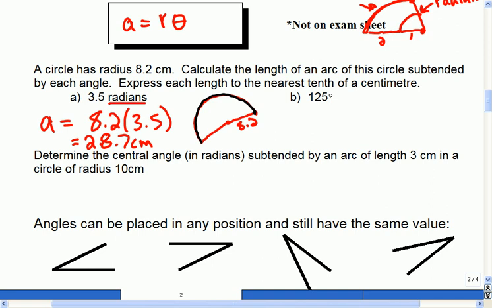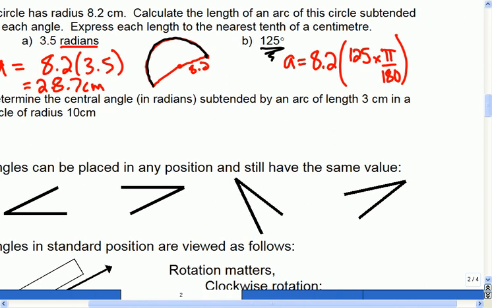So the only thing that can be tricky if you're trying to calculate arc lengths is if you go too fast and you have 125, you might just throw it into the formula and end up with the wrong answer. Can't do it in degrees. Before we do this, we have to say the arc length will be 8.2 times 125 times pi over 180. It has to be in radians in order for this formula to work. So that gives us about 17.89